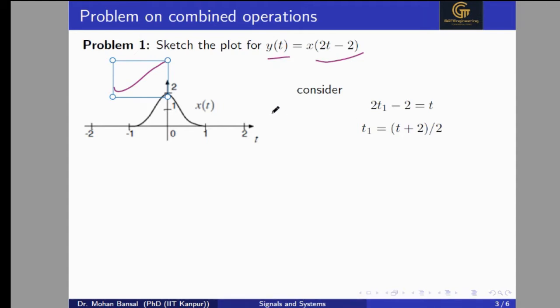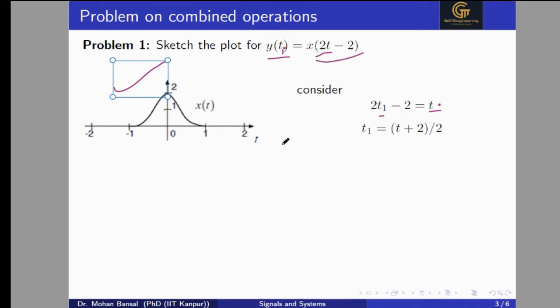So here, how do we solve this problem? Just look here. Consider this t, which is 2t, as t1. So the function is 2t - 2. Consider 2t1 - 2 equal to t. This t1 will be the function y(t1). So consider y(t1) as y and x(t) as x. We are writing t1 in terms of t. So 2t1 - 2 = t, and t1 will be equal to (t + 2)/2.